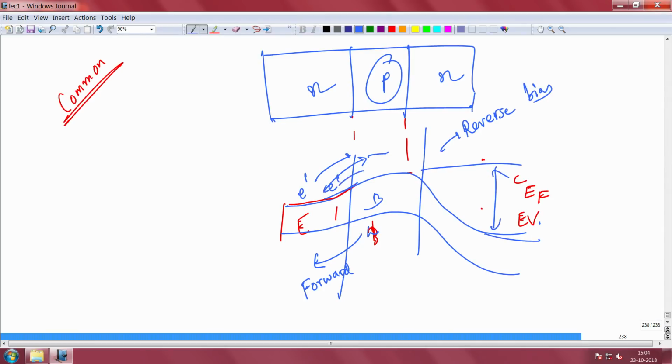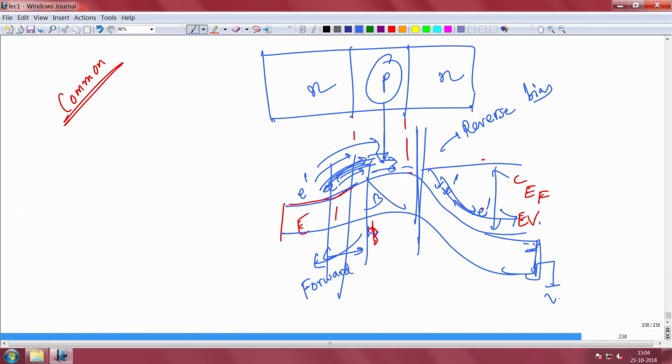So, you are injecting electrons from here to there. So, this region has become less depleted. Electrons will go to the base, they will diffuse across the base, some of them will recombine of course. The moment they reach the edge here, they will be quickly swept to the other side. So, no matter how much voltage you are applying here, the current will be dictated by the flow from here only. So, the input current is basically dictated by the base Fermi level, you can say, and the output current that you are getting here will not be dependent on the voltage that you are applying at the collector, because this determines the current.